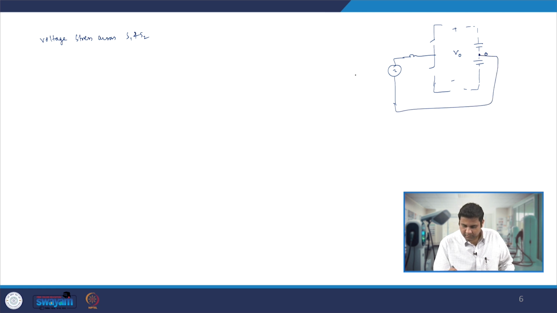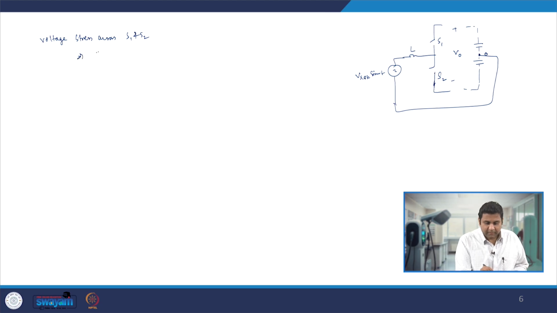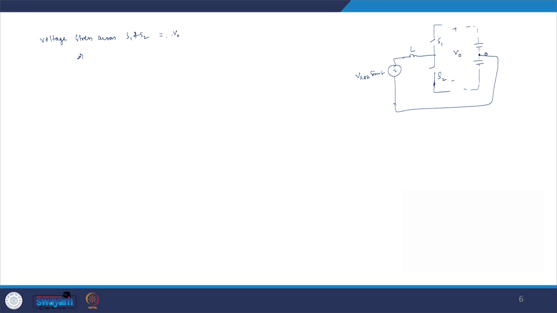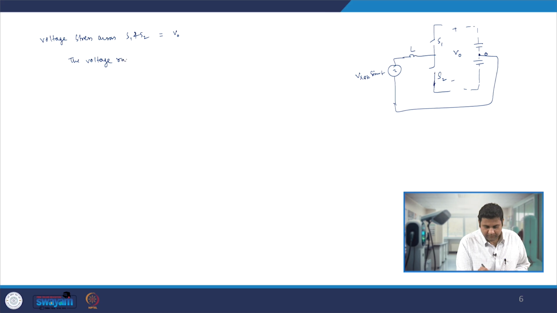So it is Vs peak sin omega t, and this is L. And if we see the S1 and S2 switch, when the S2 is on, the entire voltage V0 is appearing across the S1. So we can say that the voltage across this one is nothing but the V0, and to provide the safety margin, the voltage rating of S1 and S2 switch we can take as 1.4 times V0, where 40% is